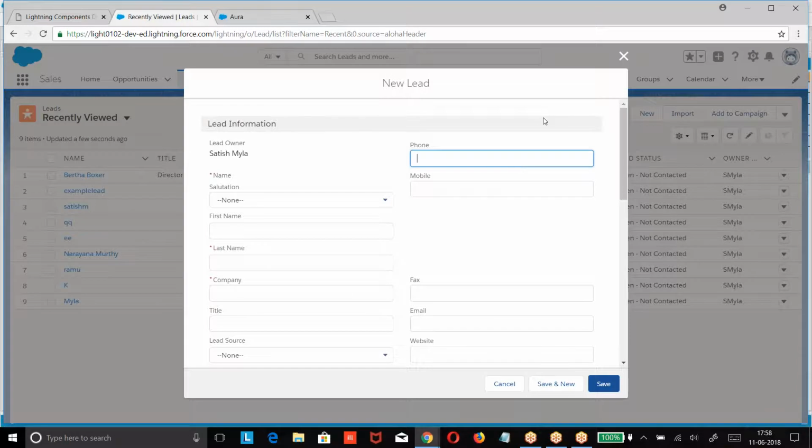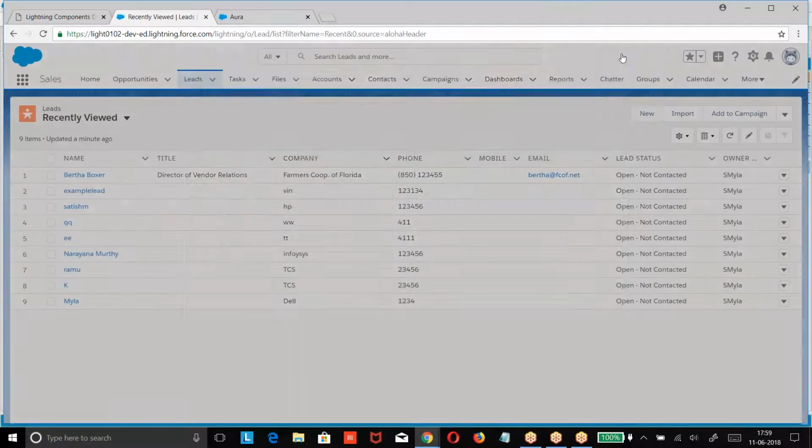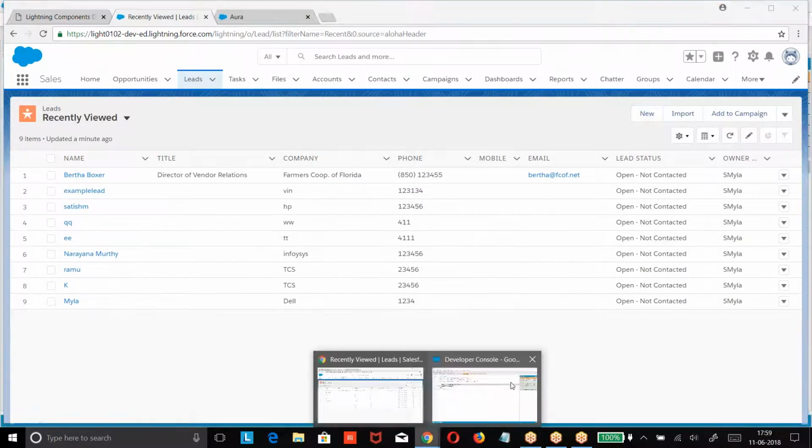Now look at this. I had some information, let us say rating. If I am showing this pick list field, what are the options we have? None, hot, warm, cold. The same options I have to get. Whatever the options are there, with the same options I want to create a field. So I want to replace that button. If I want to replace the button, I need to get this page. How to create these pages? Overriding standard pages with custom logic using Lightning. Okay. Now look at the point.